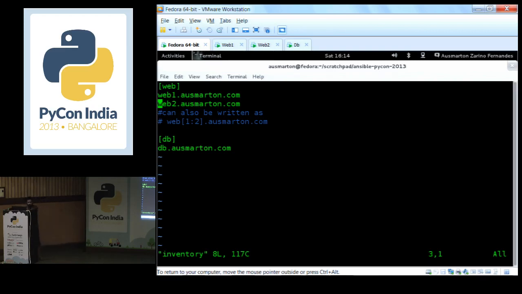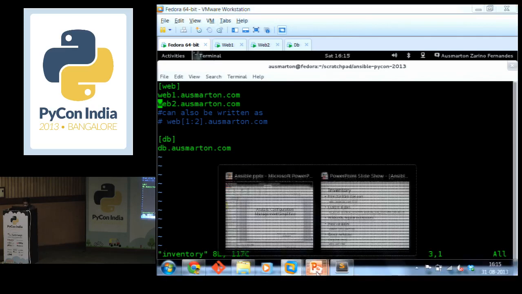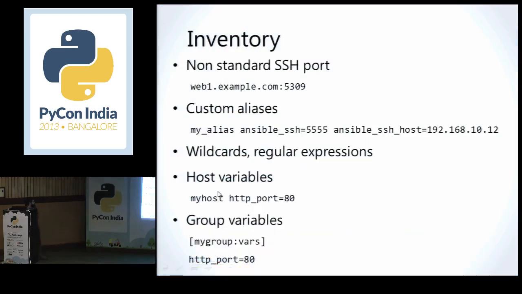So it supports a lot of expressions which might be helpful in managing your instances. Let's look at some other options that it has. It allows you to create custom aliases. For example, you might not want to deal with IP addresses throughout your orchestration steps. When you write a task that needs to be executed on a certain system, you might not want to refer to the IP address. So you can create custom aliases which actually refer to that. It need not be a real host name or anything like that. It's just a variable which you refer to. So you can specify the port number, the IP address, and different things.